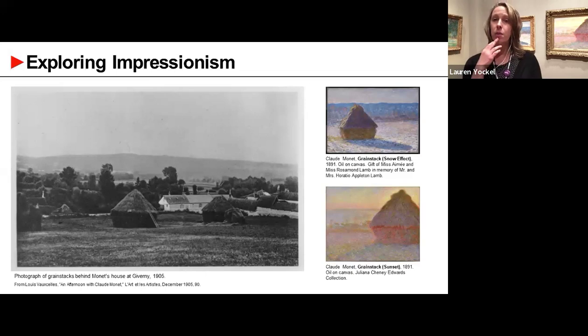I also have a response in the chat. Maybe he made these many paintings of the same thing to show the different times of day, different seasons and different months. And then I like the one in all caps, because he loved grain stacks. And maybe he did really love grain stacks too. But one of the things, like I mentioned earlier when we were talking about that idea of elbow, is that many of these artists were really interested in exploring the changing effects of light and weather outdoors. So that's also definitely one of the things he was doing in making multiple paintings like this.